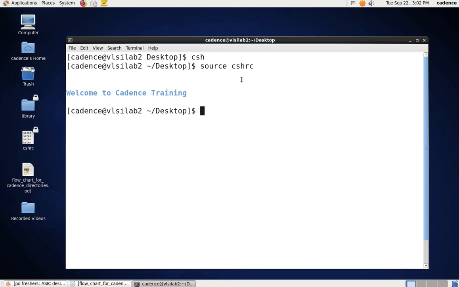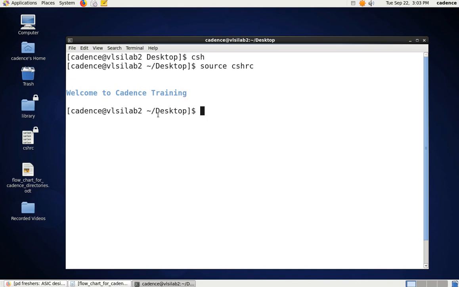Why? Because in order to use the Cadence tool, you have to set all the design libraries and the design environment that are required. To invoke that, we use source cshrc. When you execute this command, you'll see "Welcome to Cadence training". If you see this, it means you have invoked the Cadence tool properly.